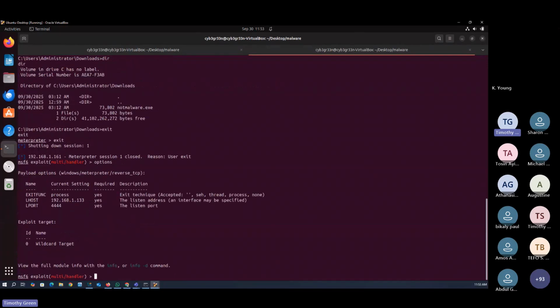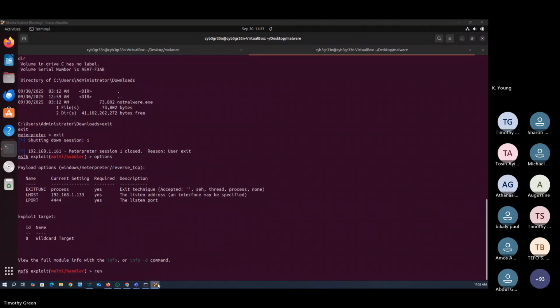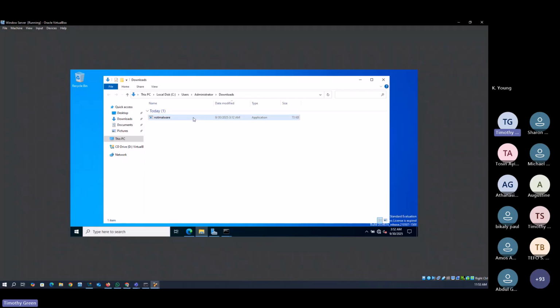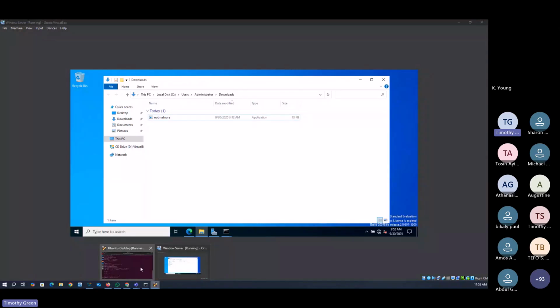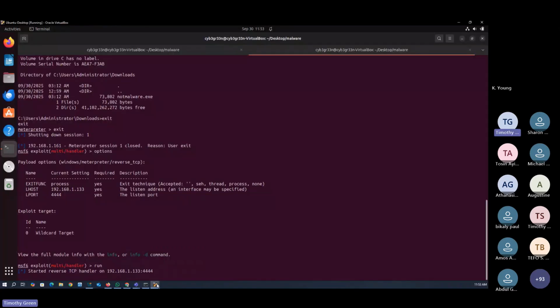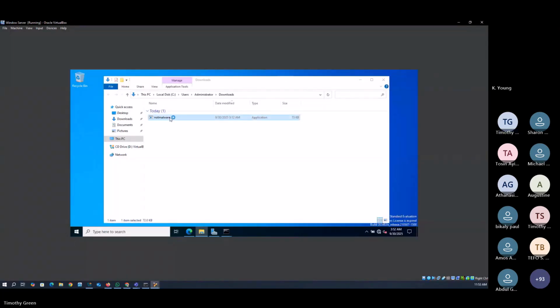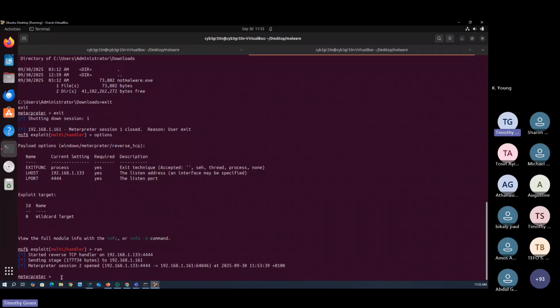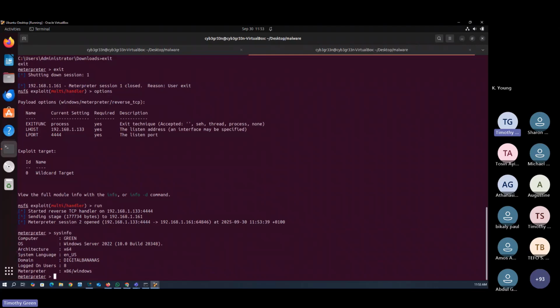Let me check options, right? So I will just type run to start the listener again while I go back to the victim machine. This time around, I'm going to be using File Explorer and double click. This will usually open an .exe file. So I will double click on it. So let me check. Yeah, it started listening and notmalware.exe. So let's observe it from here. So you can see that I already have it. I've obtained shell, capital Shell. If I type shell now to go to stable shell,